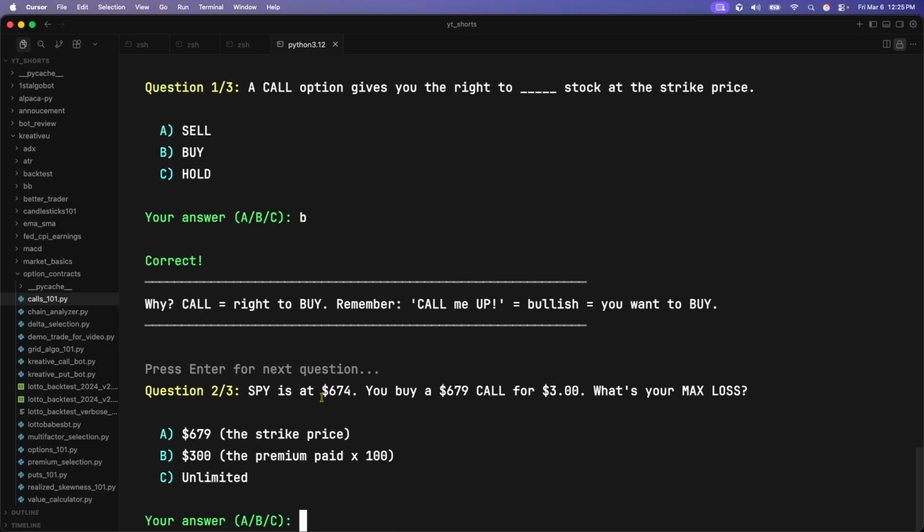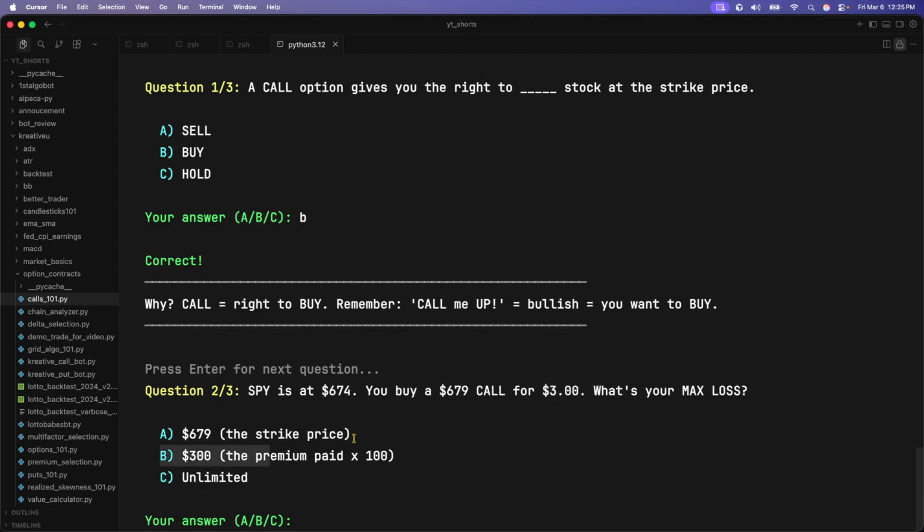So SPY is at 674. We buy a 679 call for $3 or $300, right? Because for every one option contract, there's 100 shares. What is our max loss? So the max loss is going to be our premium paid. So the premium paid in this instance is going to be the 3 times 100, or it's going to be